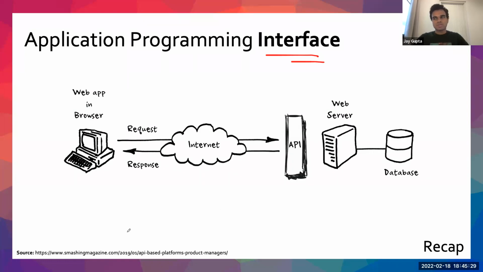The basic structure of an API can be understood from this diagram. You can consider there are two parts to it. Firstly, we have the web browser, which is called the client side, or we can call it the front end as well. And then we have the server. This is the server part of it, and we can also call it the backend part of the application. And in between, we have the API. The main job of the API is to facilitate communication between the client and the server and provide data